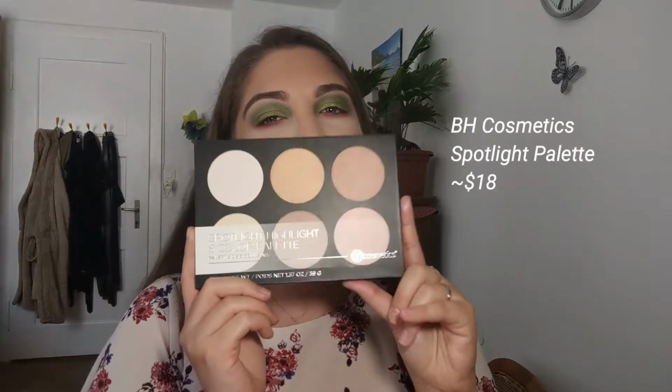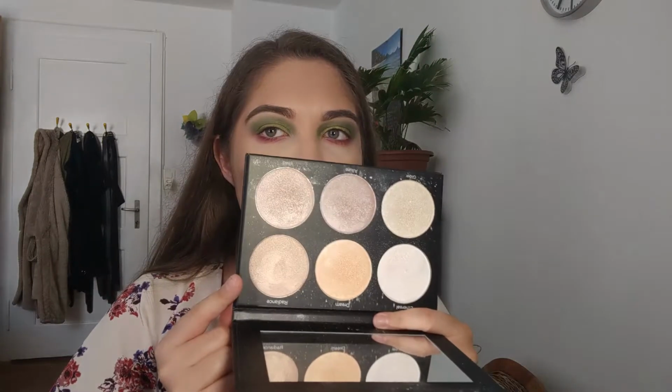Now for some highlighters, sis. We are going to be using the BH Cosmetics Spotlight Palette. I got this for like 10 bucks, so if that's not affordable, sis, I don't know what is. So I'm thinking this shade is going to be really nice. It's also going to be really cool to show you how